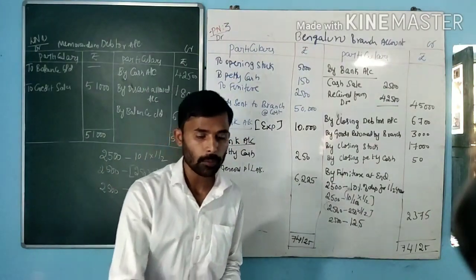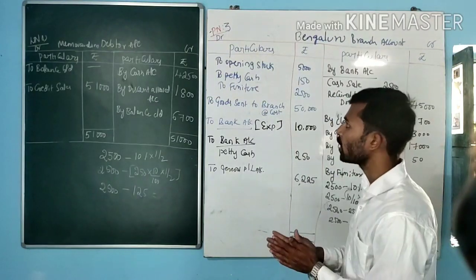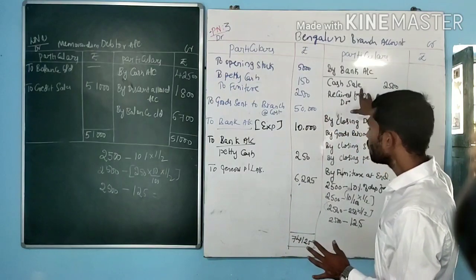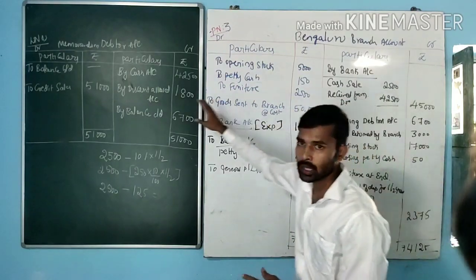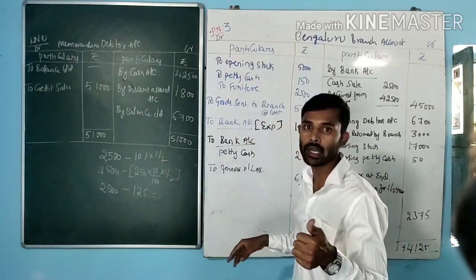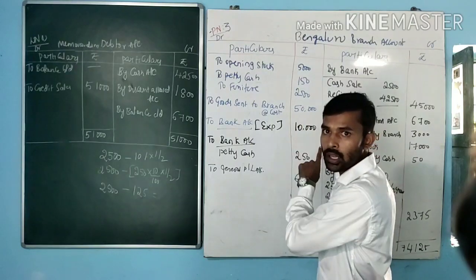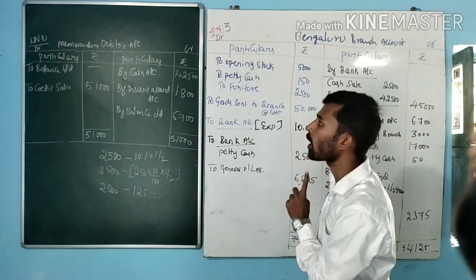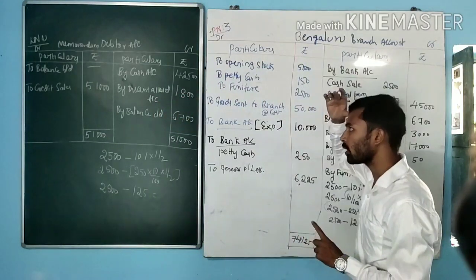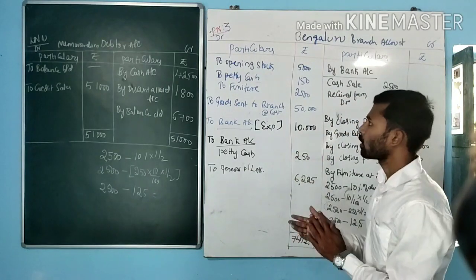Here they have given permission for the branch to sell the goods for cash as well as on credit. When it is cash sales, it comes under the credit side. When it is credit sales, it will be taken under the calculation of the memorandum debtors account. If any receipt is made from the debtors, that will be recorded twice: one in the branch account, credit side, and again in the debtors account, credit side. So with this information, calculate the profit or loss made by the branch. Right. Thank you so much.